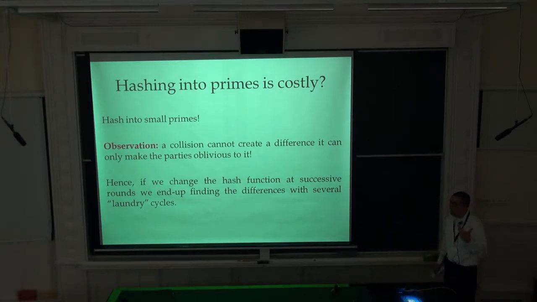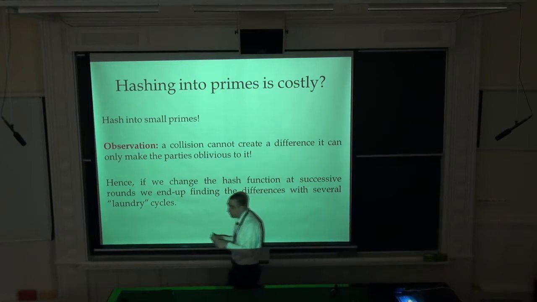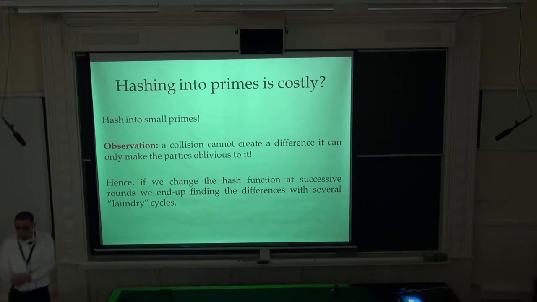It cannot create a difference that didn't exist. Okay, it just means that two files collide, so I didn't see them. I didn't see that there was a difference. Okay, but it didn't create an artificial difference. So what can I do? Instead of hashing into big primes, what I do is that I have a hash function where each